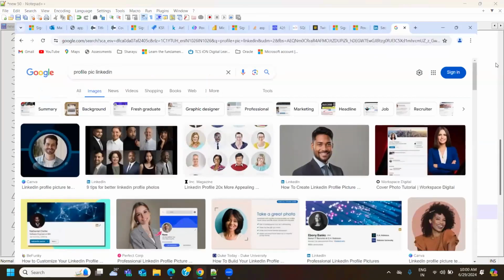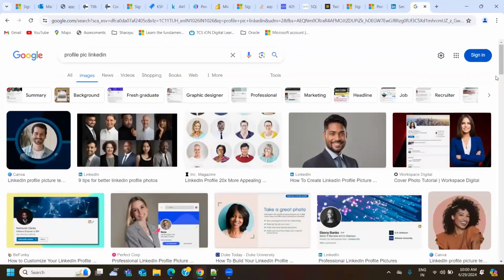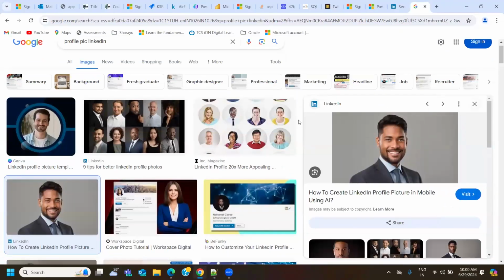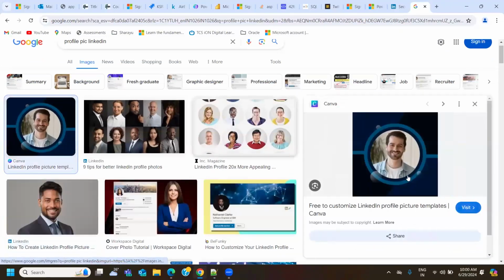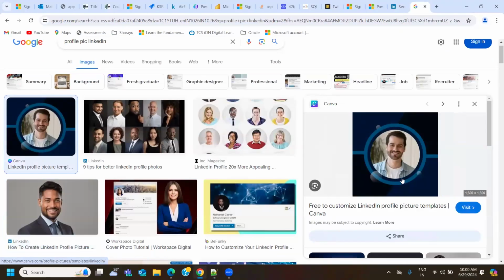See, I'll take some examples here. This photo is professional. Even this is professional. You can see he hasn't worn any blazer, but he's wearing a round neck t-shirt inside, above which he's wearing a collared shirt. So it is always recommended that you have collared apparel.